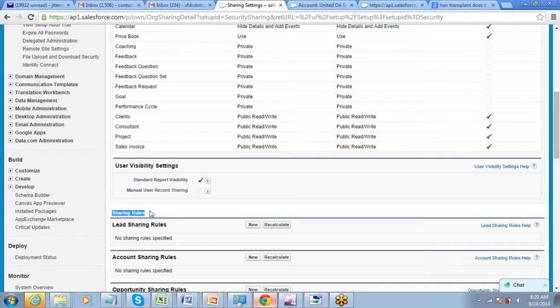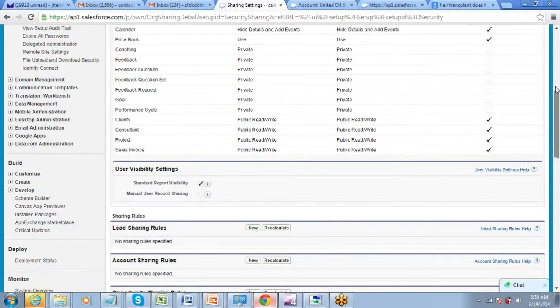Right. Only if the data is private, then only sharing rule is required. If it is public, then everyone is getting to see all the data. If the data is private, then you can define a sharing rule and give some access to some of the users on a temporary basis or whatever you need, right?